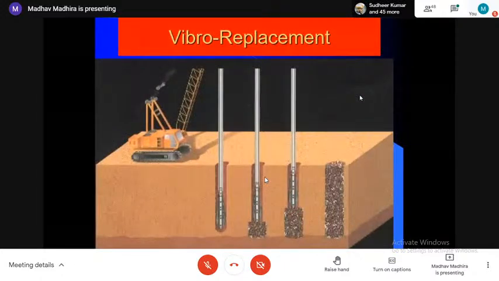We use the same concept of vibroflot, but in case of soft clays, after we get into the bottom, instead of using sand,